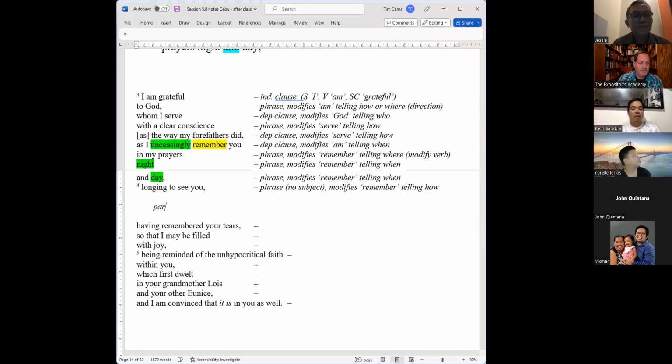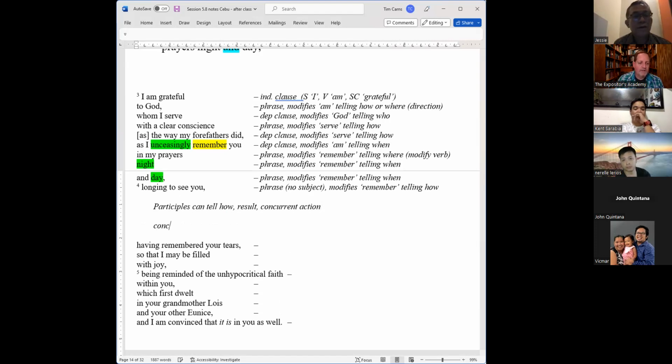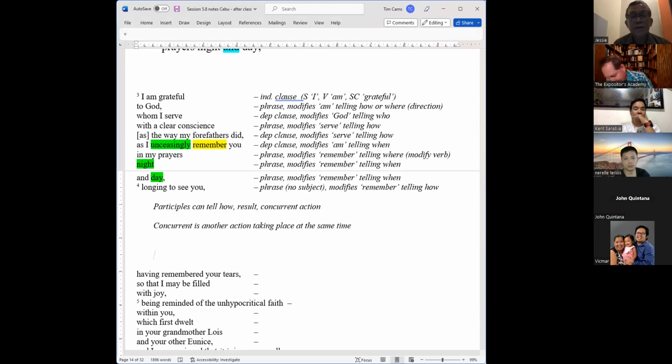There's one way a participle can work. Sometimes participles can tell how something is done, or the result, or it can be, I'm going to use a fancy word here, concurrent action. Now, what do I mean by that? A concurrent action is another action taking place at the same time. So if I were to say, I hit the ball,